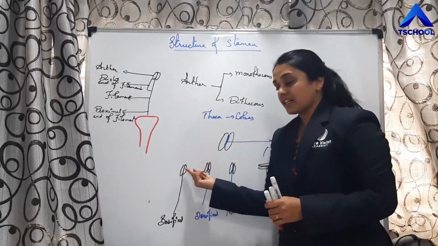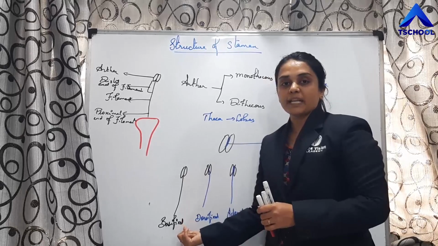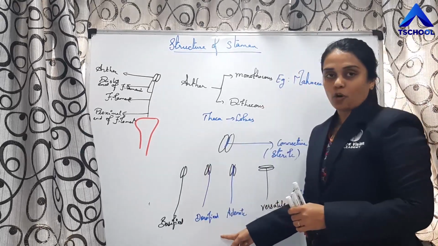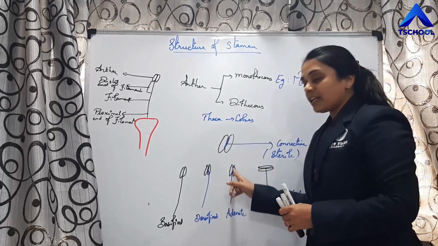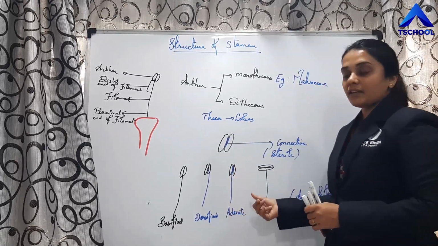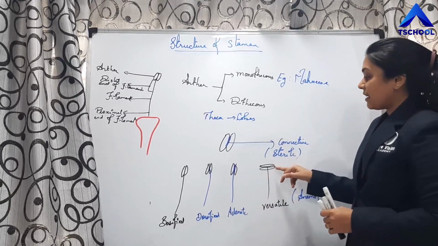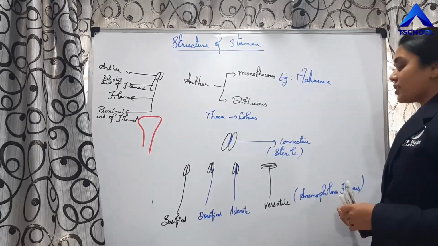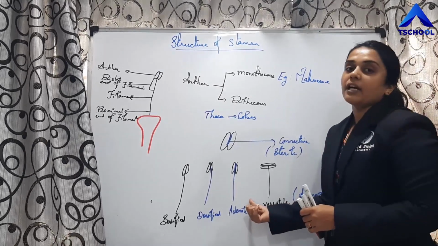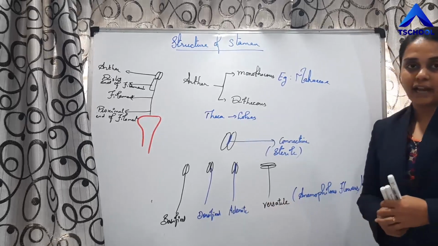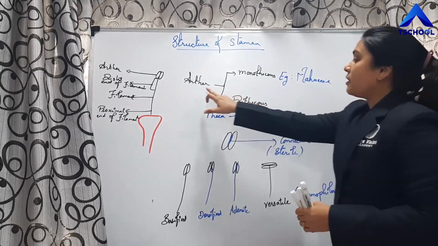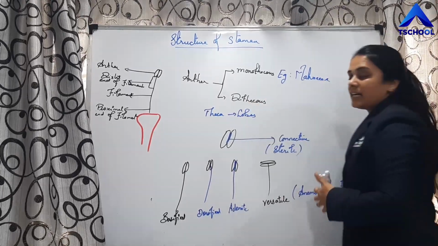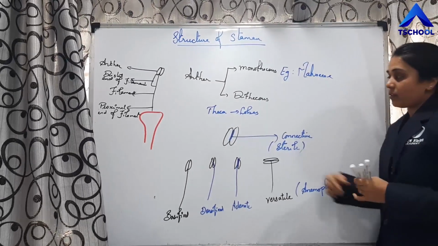If it is attached through the base, it is called as basifix. If it is attached through its dorsal side with the filament, it is dorsifix. If the entire length of connective is attached with the filament, it is called as adnate type. And if the anthers are horizontal and dangling, such as in anemophilous flowers, then such type of attachment is called as versatile attachment, right? As we have studied that the most common type of anthers are dithecous anthers, and theca